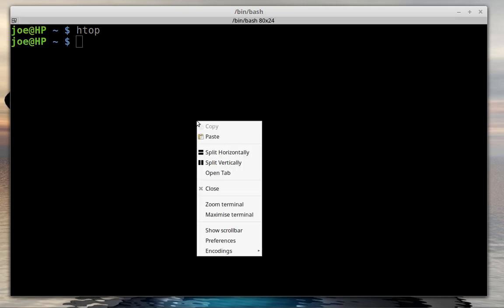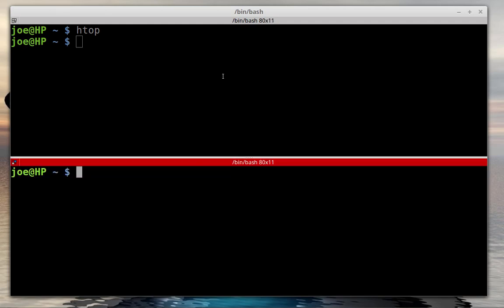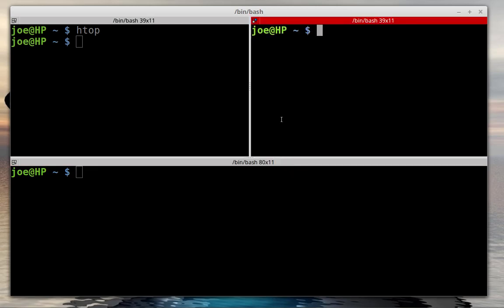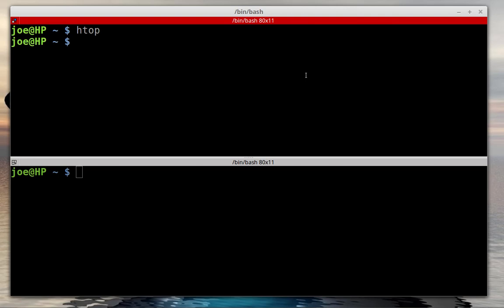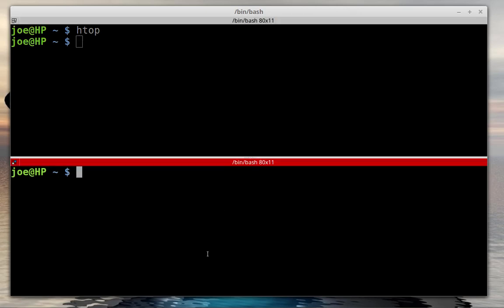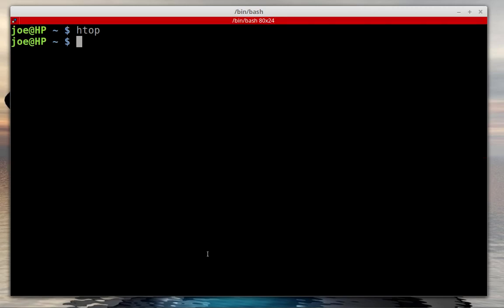And then there's Terminator, which I just really started getting into using in the last couple of days. It allows me to open a bunch of terminals all in one window, and I don't have to remember a bunch of keyboard shortcuts to do that. This becomes important when you start working at a terminal, which is something that I do a lot. These days, especially now that I have all these machines on the network with SSH, I can just log into other machines and do things. So Terminator is an awesome thing to have.